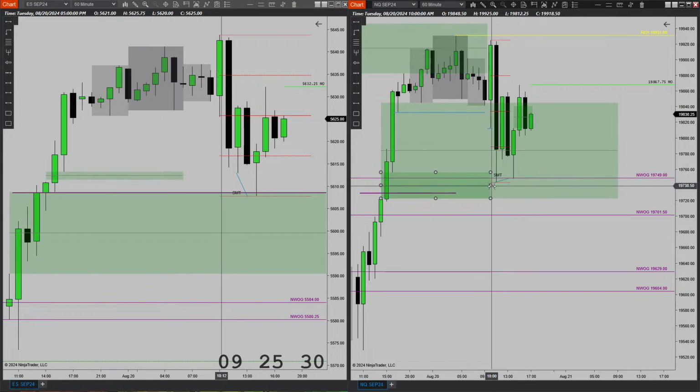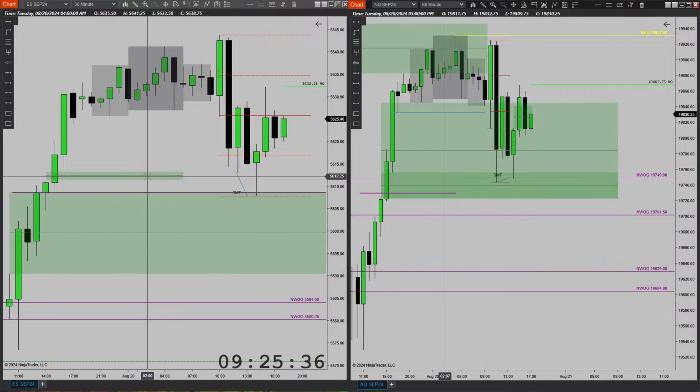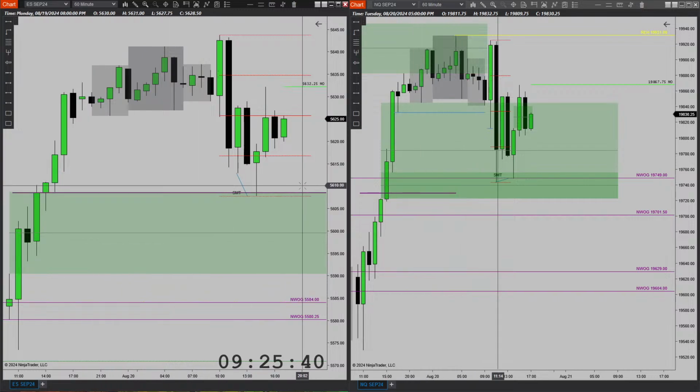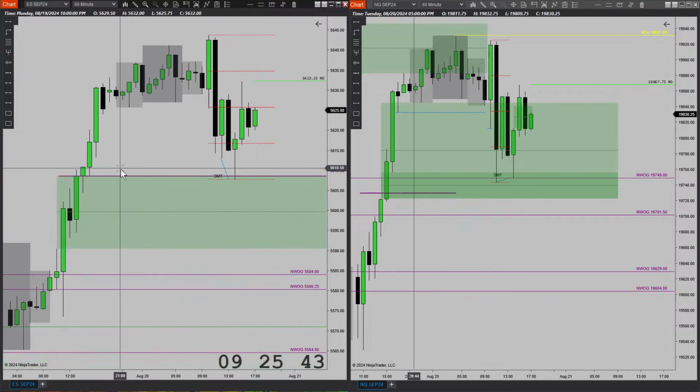And this gap here, this gap was mostly left open. Again, still bullish because it did not trade into 50% of this range. Same thing here. Actually, I don't need this because it already did this right here. So I'll leave this here. I'll leave this open. Actually, it's still good.